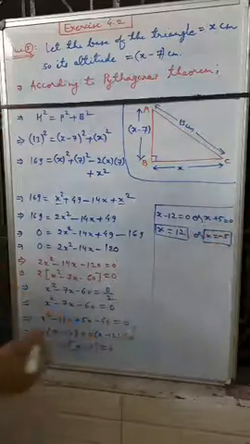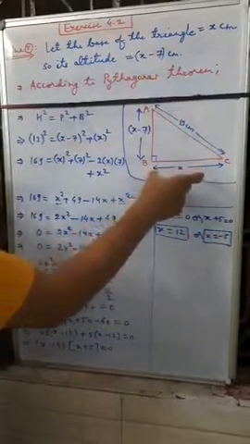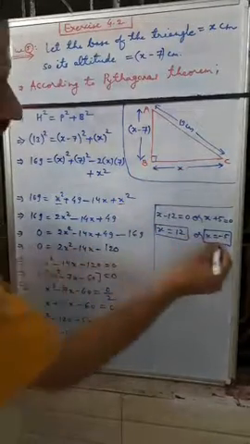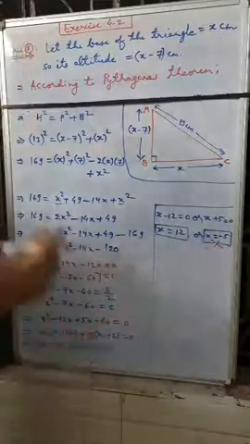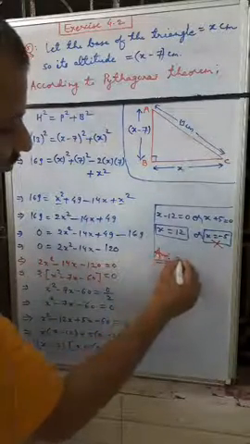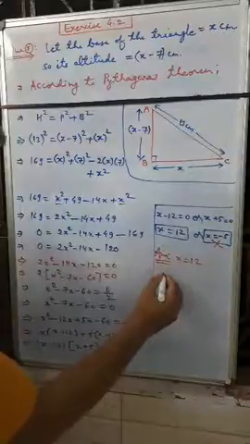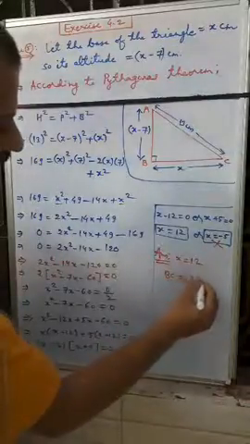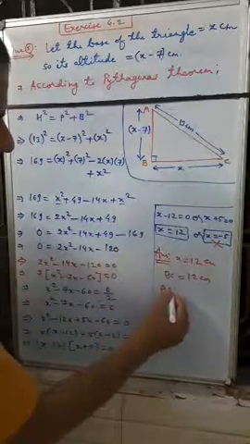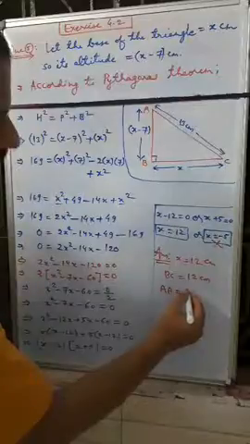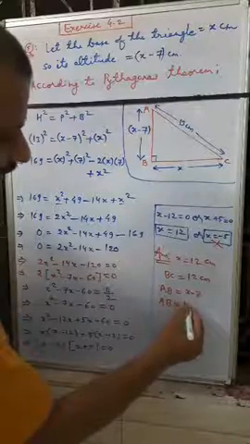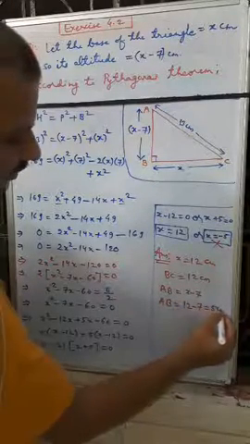So the length of the side of a triangle cannot be negative. So the value x equal to minus 5 is impossible because the length cannot be negative. So we will take x is equal to 12, and we have assumed base BC is equal to how much? 12 centimeter. Then AB we assumed at the beginning of the solution as x minus 7. That means AB is equal to 12 minus 7, which is 5 centimeter.